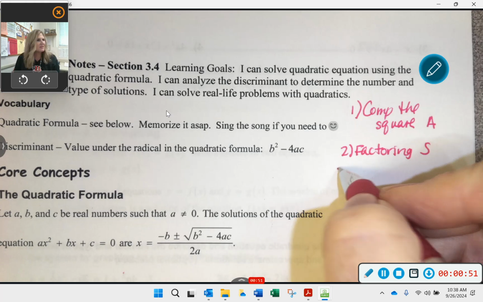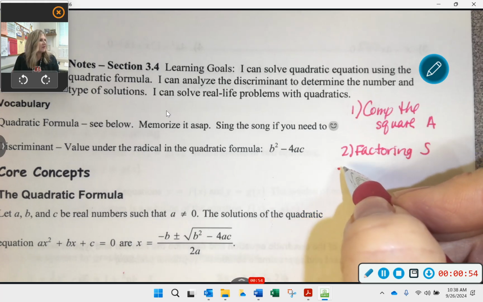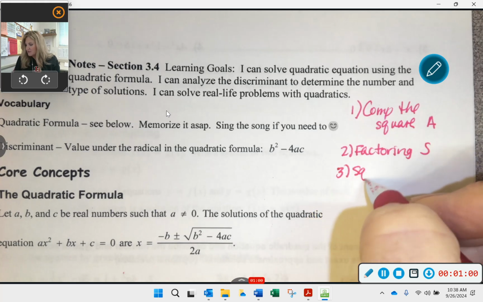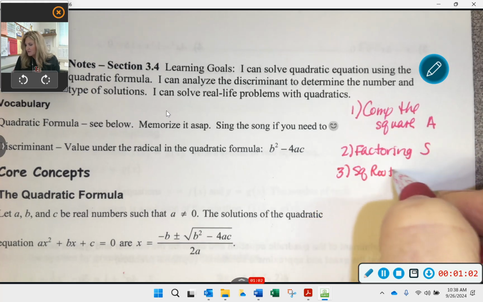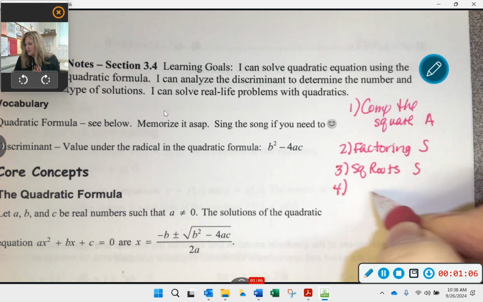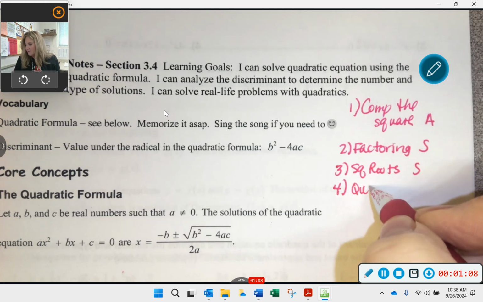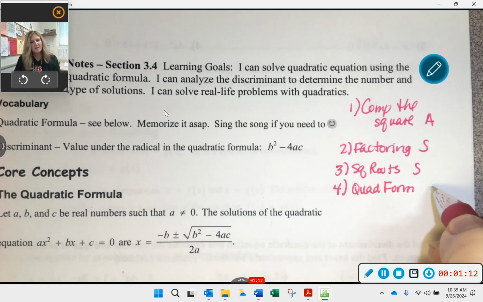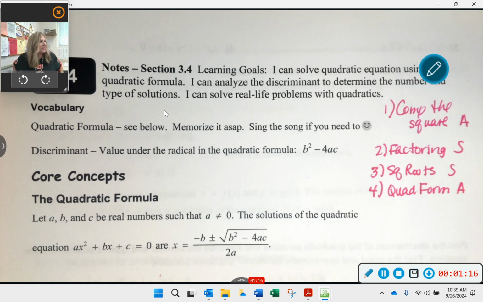Anything else we learned how to solve a quadratic equation by? We can do square roots of both sides sometimes. So that's another thing we can use sometimes. The fourth way we're going to learn today is called the quadratic formula. So quad form, we'll abbreviate that. The quadratic formula is also going to be another one that you can always use to solve a quadratic